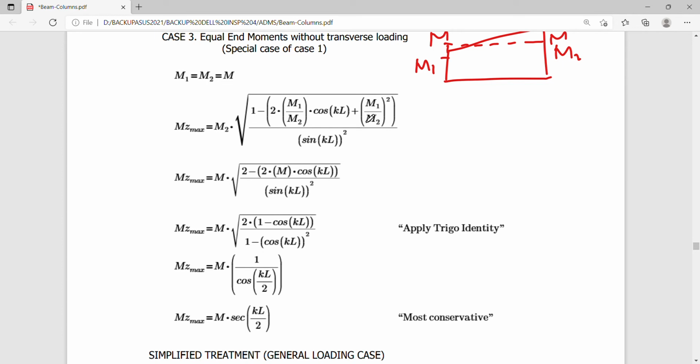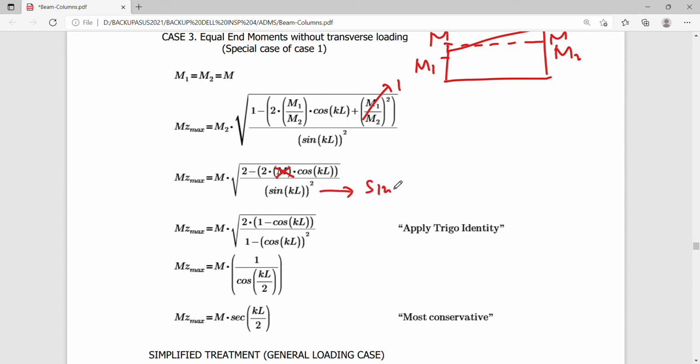So 1 here, plus 1 there becomes 2. So this becomes 2 times, there's no more M here. So the M here is out. So this is 2 times the cosine of KL over the sine of KL squared. Then factoring out 2, we get 2 times 1 minus cosine KL, and changing, using a trigonometric identity,